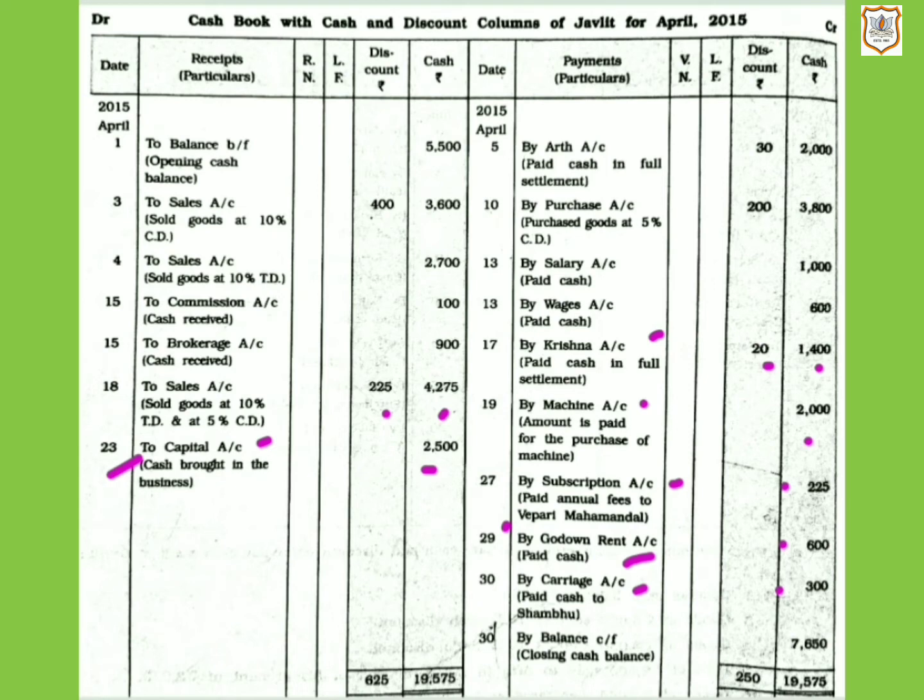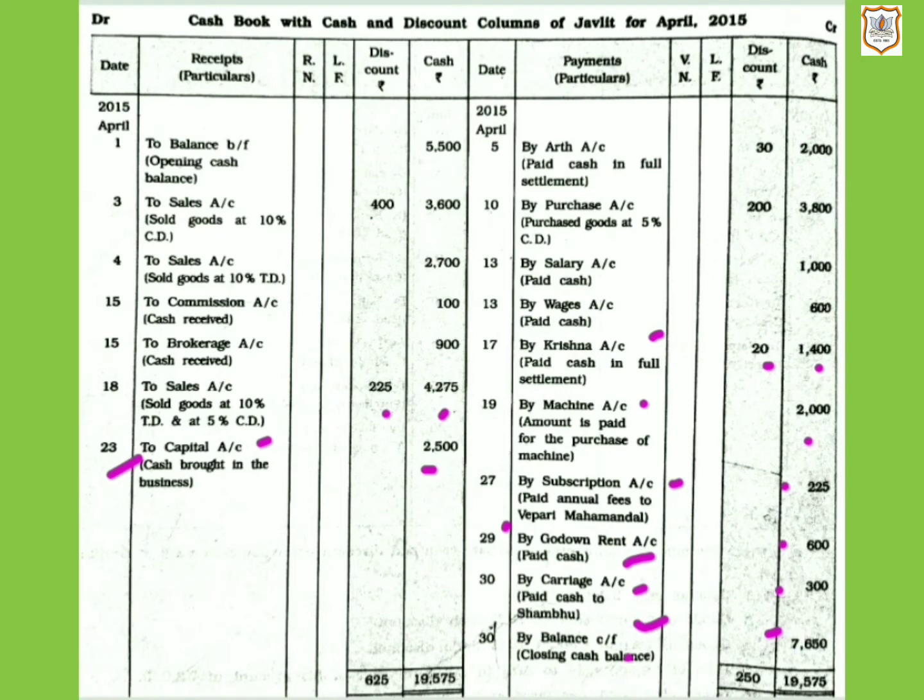Now it's time to close cash book. So here first we will total the debit column, and from that we will deduct total of credit column. So difference amount will appear on credit side and it will be called closing cash balance. So we will write here by balance CF. Closing cash balance, that is differential amount, which is